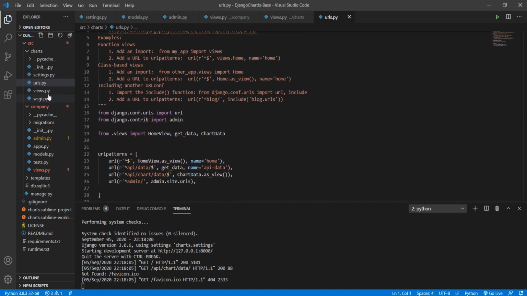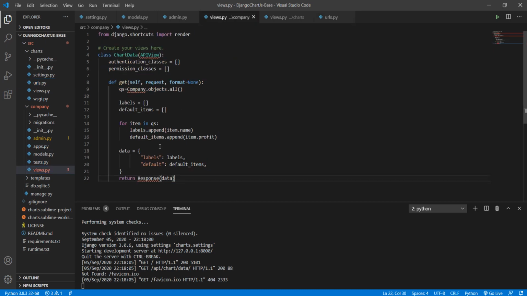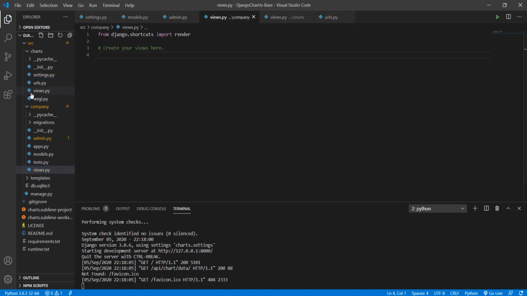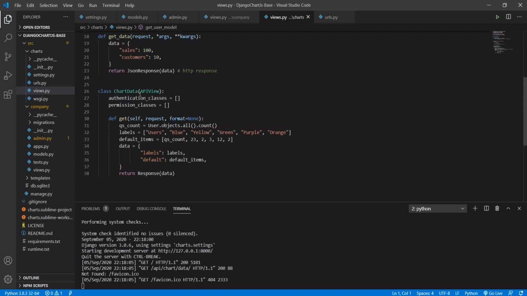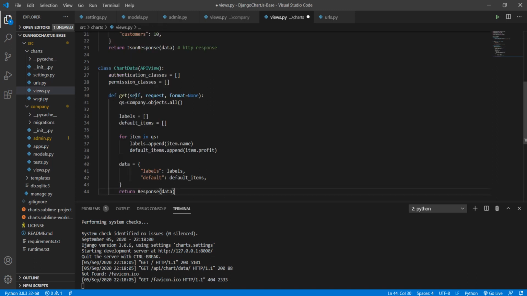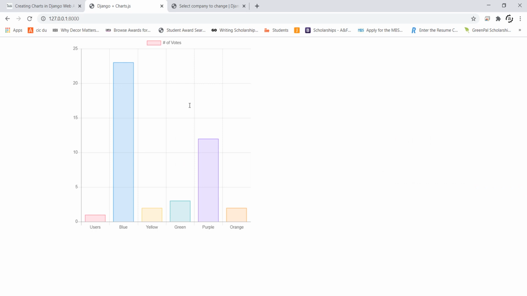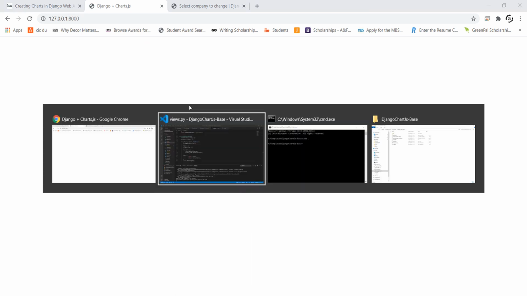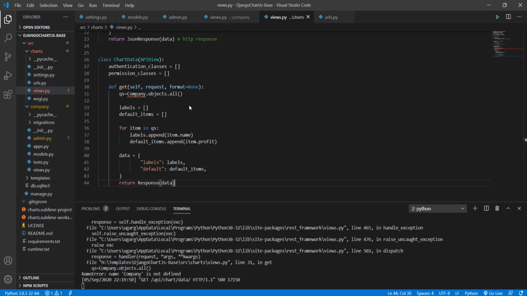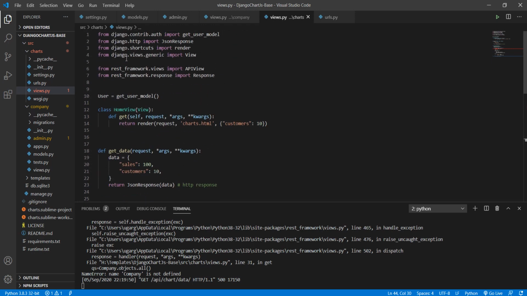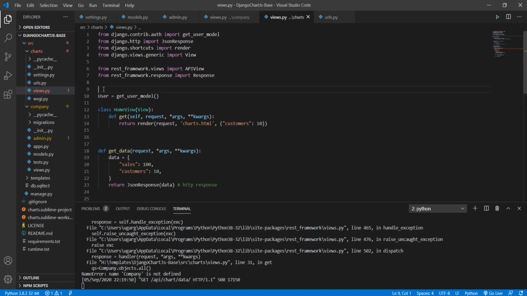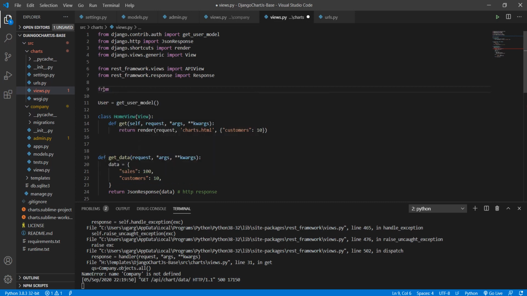Right. The mistake that we have made here is that we have made changes in the wrong views.py file. In this folder, what we need to do is update this view that we have in the charts.py file, the view that we have in the original project. For this, we will simply copy and paste the code, and with that, we'll have all the but before doing that, we will also need to import the model.